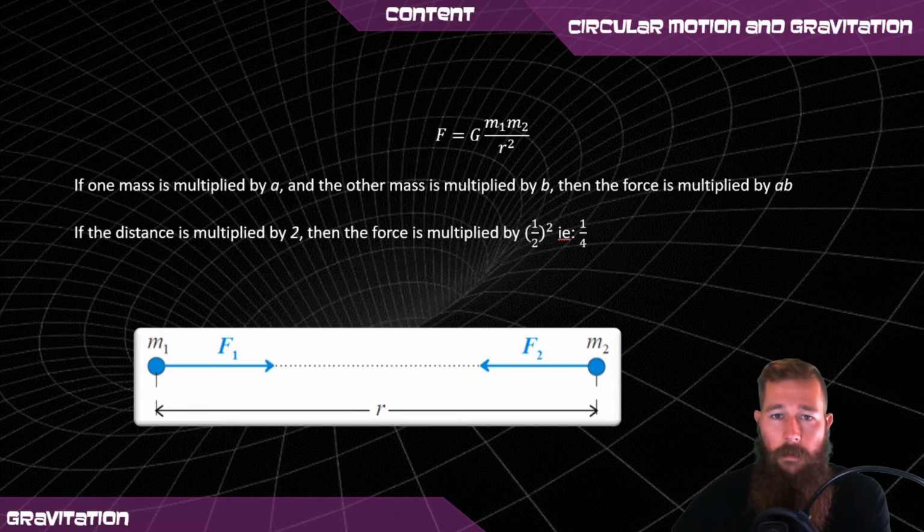joining these two. Now, going a little bit further into proportionality, meaning finding the relationship between the variables in the equation, if we have a scenario where the force between two objects is given by this formula, then we have a second scenario where for some reason the mass of the first object is multiplied by A and the mass of the second object is multiplied by B. Then because they are proportional to the force, the force is multiplied by both A and B, and it is that much